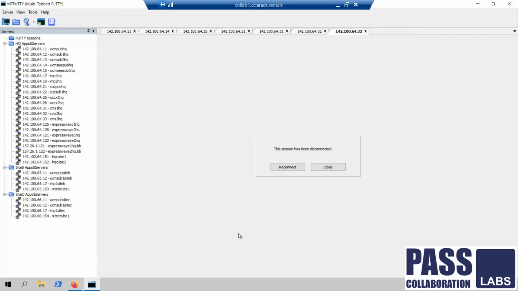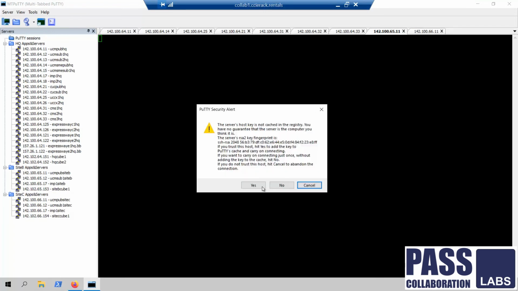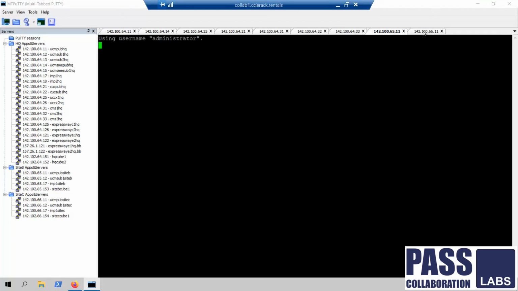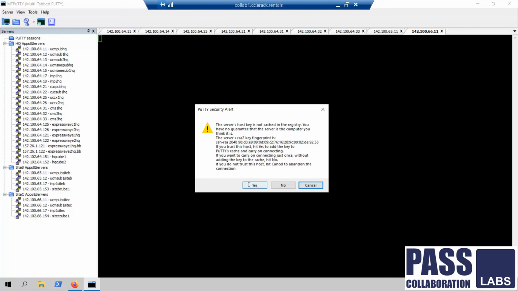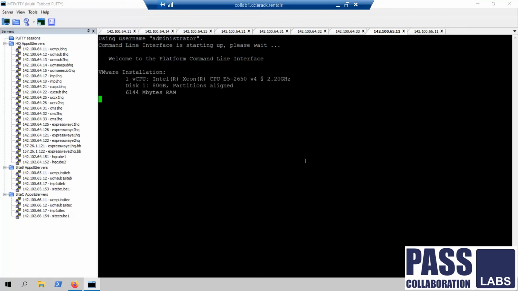Lastly, ensure NTP settings on site B and site C publisher. Utils ntp status.